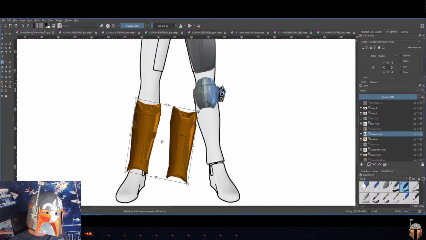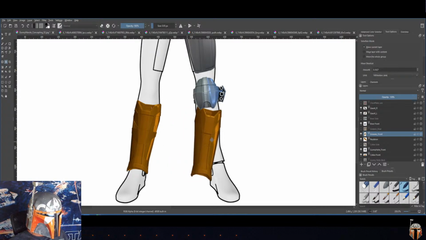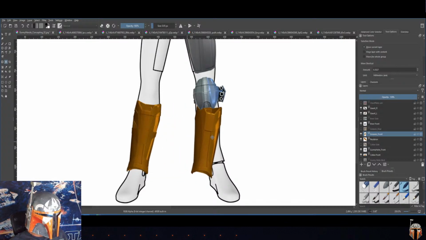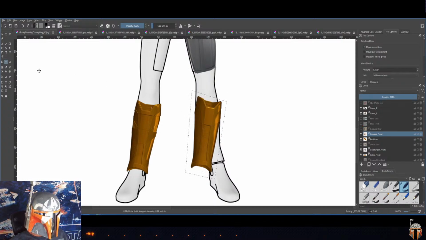What we're going to do is take one of these selection tools, and in this case, the polygonal selection tool, and we're just going to draw a line around it, just like this. Now we've selected it and kind of separated it from this side. So now we can take the move tool and just move it on over. What was nice about having them together though is that when I scaled this one, I also got this one to being the right size. I'm going to hide this image of this knee right now by clicking the little eyeball next to it. And then we're going to get our